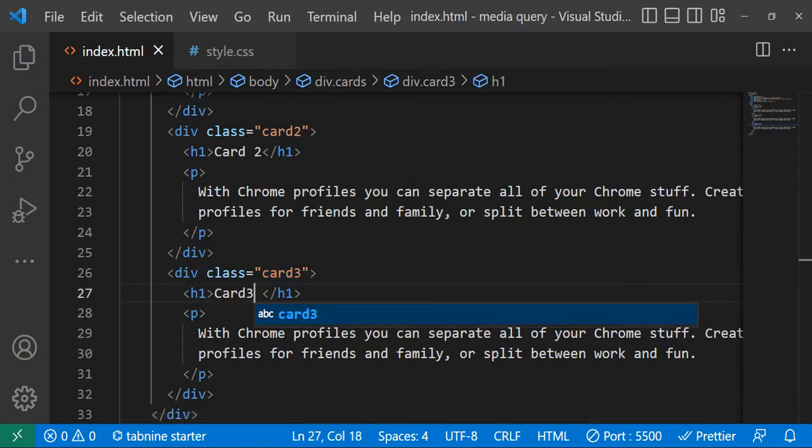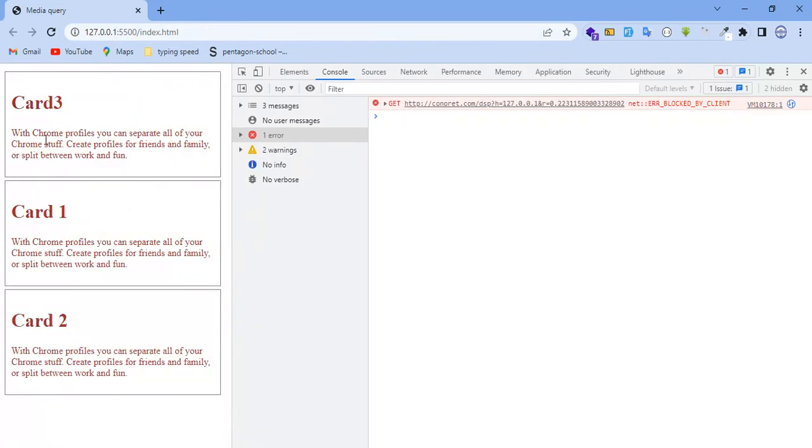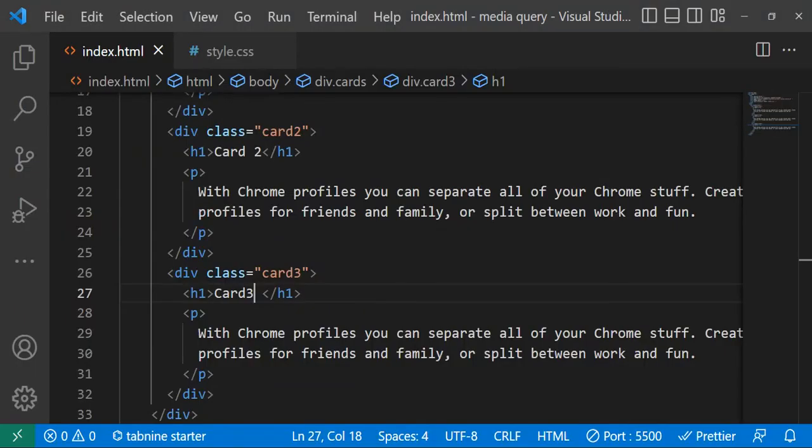So when we are reaching mobile phone size, let cut 3 appear number 1 and then followed by 2 and then 3. See the magic, you see, we reach here, cut 1 appears number 1, number 2. If you want to change even the h3 of cut 1,